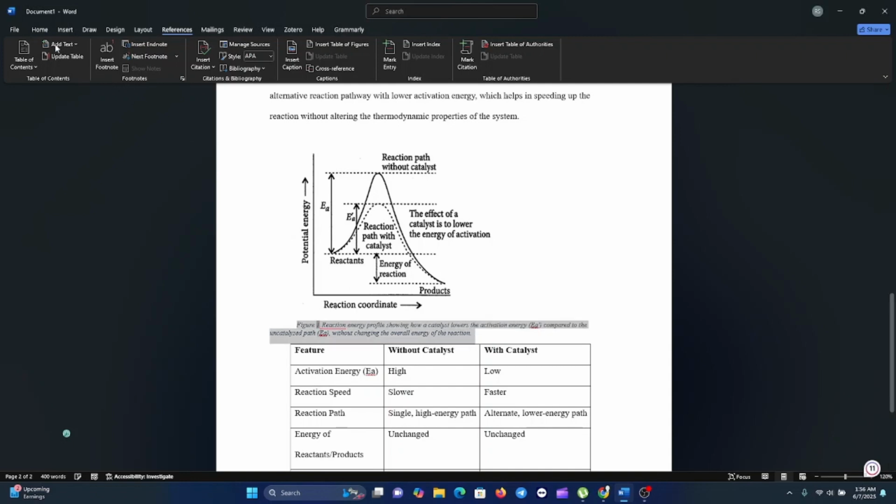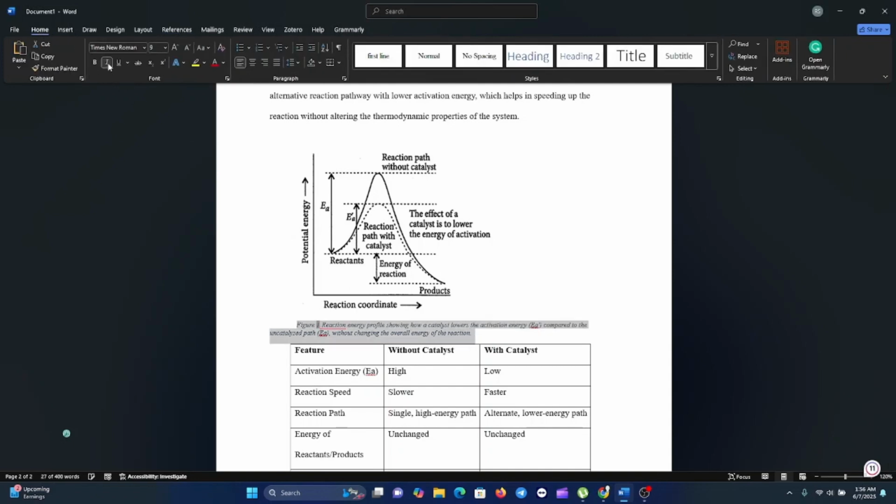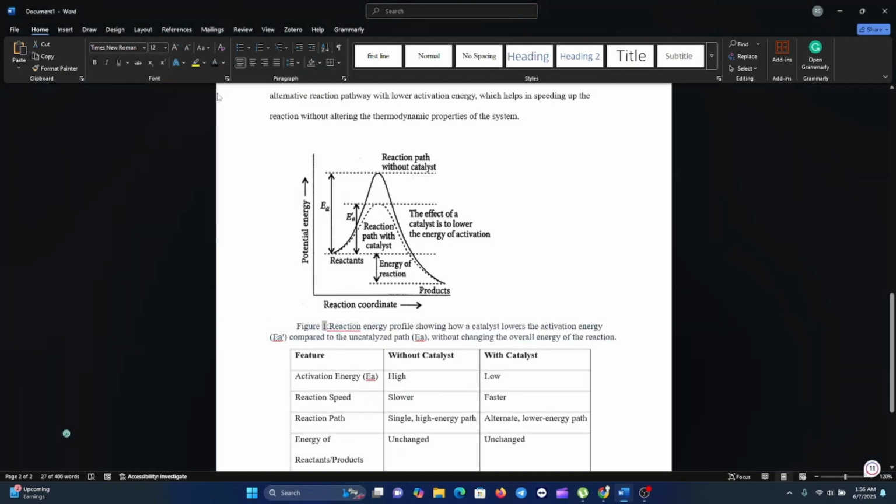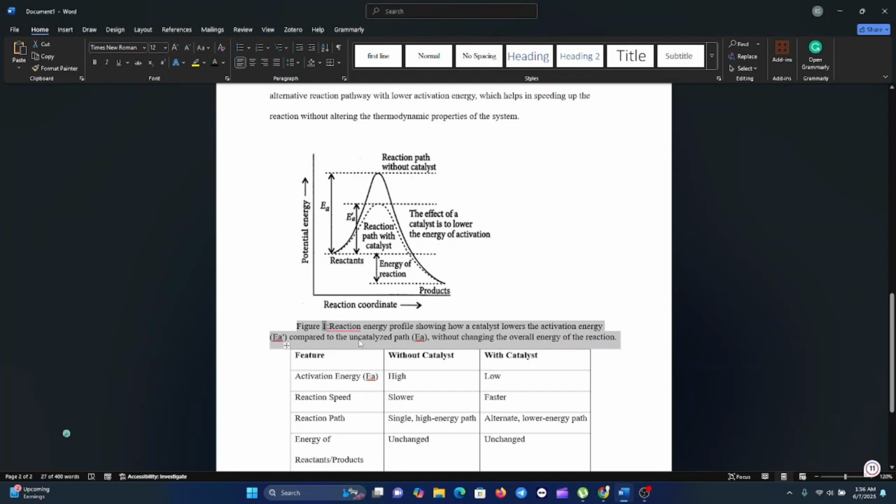You can highlight the whole figure like that, go back to home tab, then remove the italics. If you want, you can bold it, but make sure it's Times New Roman. Then the font size is 12 like that. Then make sure you give it an automatic black color like that. So